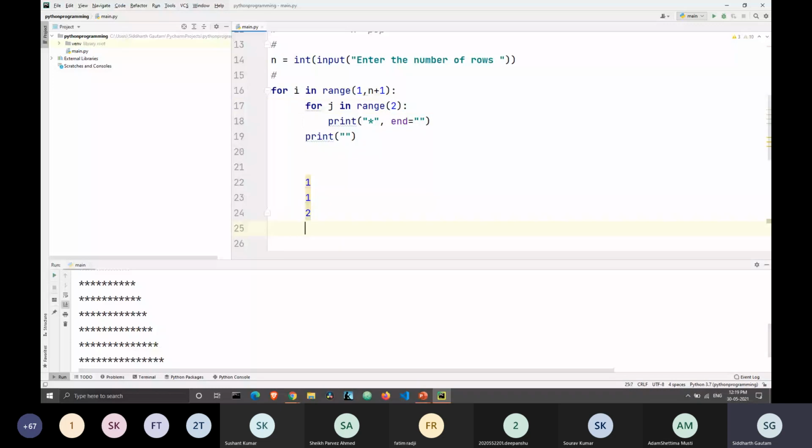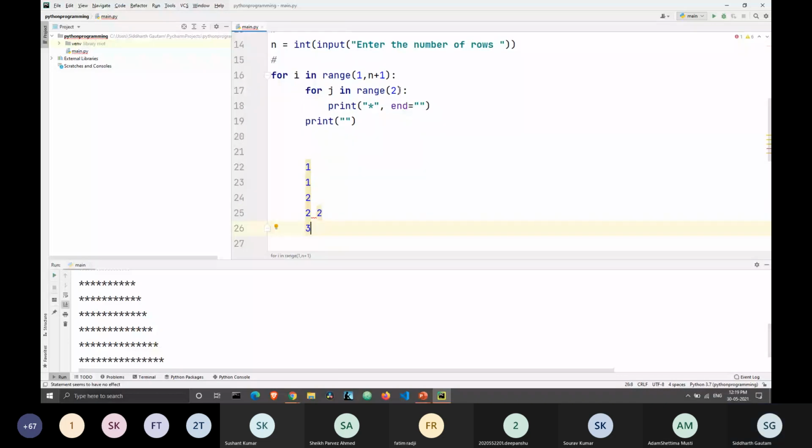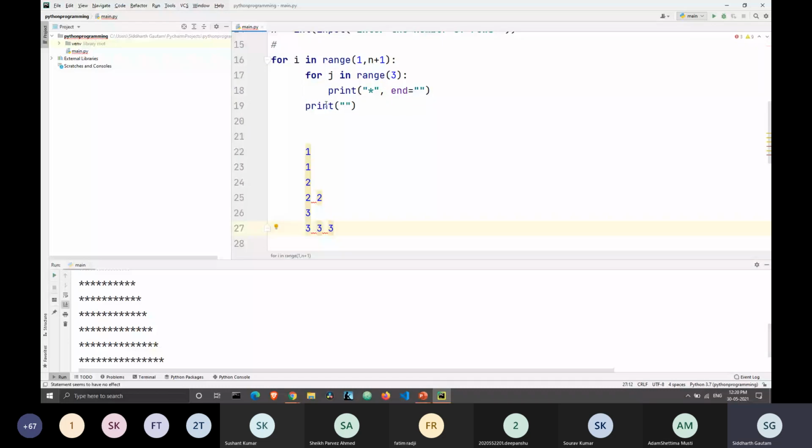In the next iteration, the value of i gets increased again by 1, which is 3, and since it is 3, the range of j increases to 3. That's why j will get printed 3 times. So this is the logic of the loops right here.